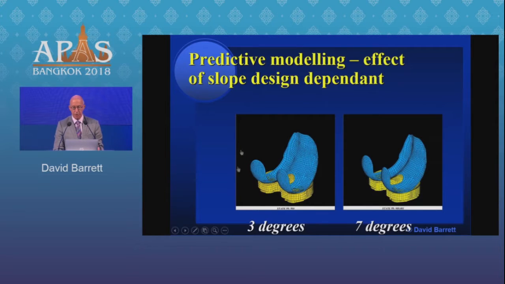Let's try that. Can we just move the videos again? That's great. So you can see that knee is working well at 3 degrees, but when you put the knee in at 7 degrees, can you see that its lateral side lifts off? So the same knee, just at a different tibial slope, will have lateral lift-off because of the tibial slope. Now remember that 3 degrees really suited that model of knee. If we go to the next video,